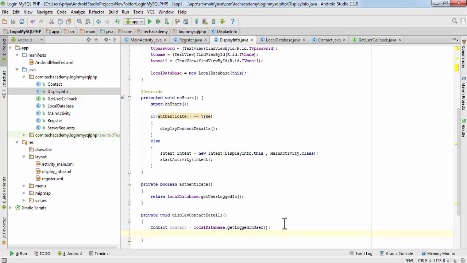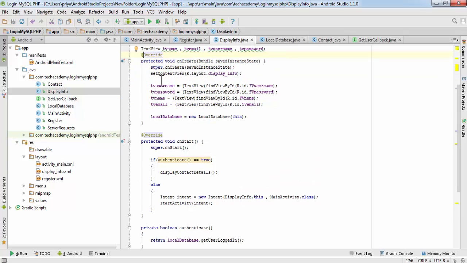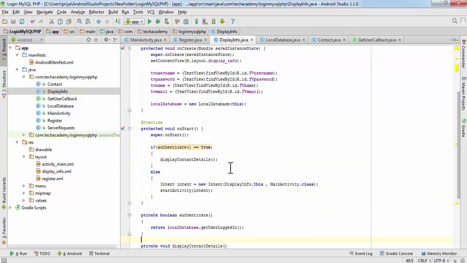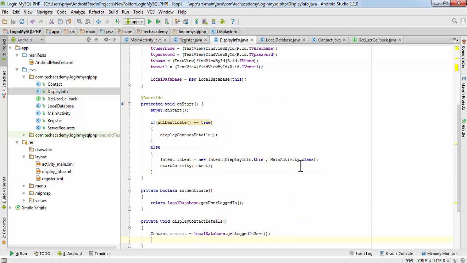So it will get the information of the user which is currently logged in, and then here we have created these four text views. So we will set text. So we will get all the information about the currently logged in user, the name, email, username and password. So we will display it. So write tv name dot set text, and here write contact dot name.